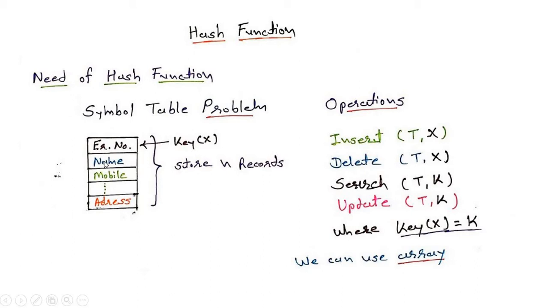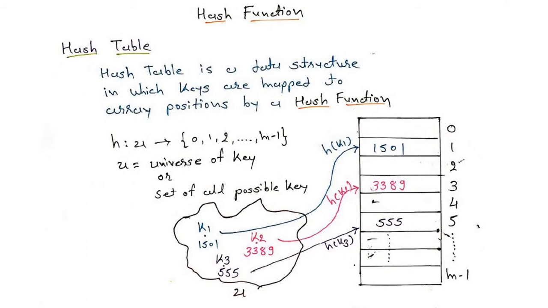So whatever problems we faced with the symbol table, to overcome them there was a hash table. In this hash table, we are using the hash function, and due to the outcome of the hash function, we are getting a unique position to store the key values. It means whatever key values we want to store inside this table, we apply the hash function on that particular key value, and from the result of the hash function we get a specific location to store that key value.